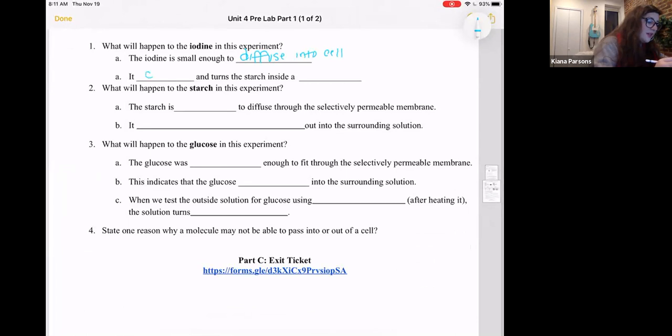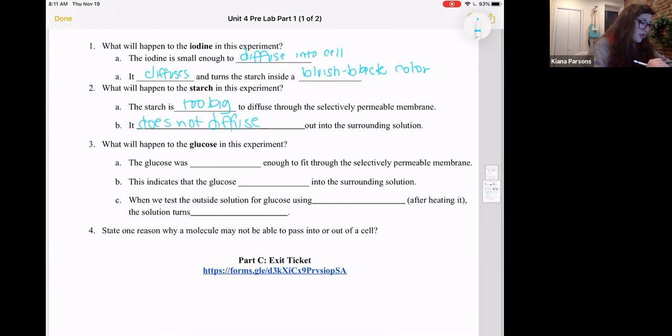It diffuses and turns the starch inside a bluish black color. Right, a chemical reaction occurred. The starch is too big to diffuse through the selectively permeable membrane. It does not diffuse out